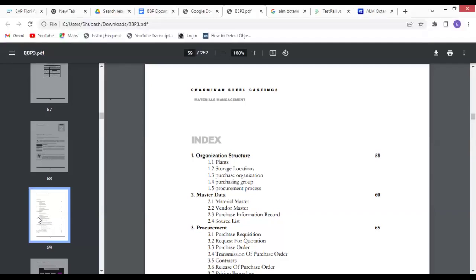Only when you are completely known of this project, then you will start preparing this business blueprint. In this business blueprint, like only for module, we will be working, and we will be assisted by our seniors or colleagues, right? Yes, that's what I said here in the explore phase. The consultant who will be working will be a senior consultant with the guidance of a manager. And under these two people, there will be a junior consultant. So the guidance will be getting from senior consultant as well as the manager.